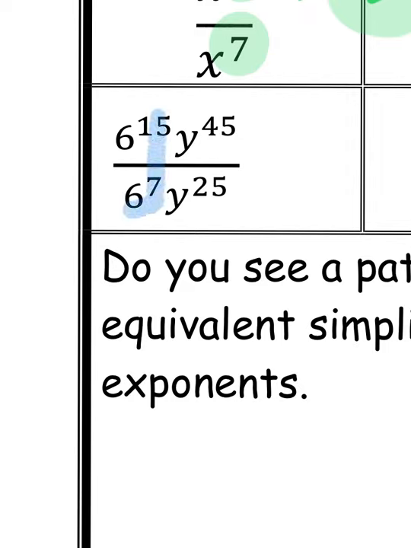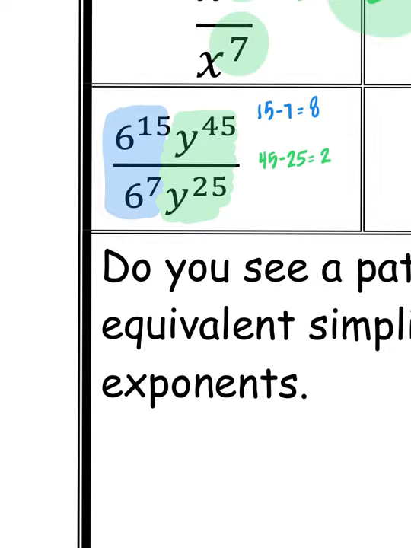So in this case, we're going to take the exponents of our 6 base, and we get 15 minus 7, which gives us 8. And then we're going to take our y's, because it's not reasonable to write this in expanded form. We're not going to write y 45 times. So then we have 45 minus 25,